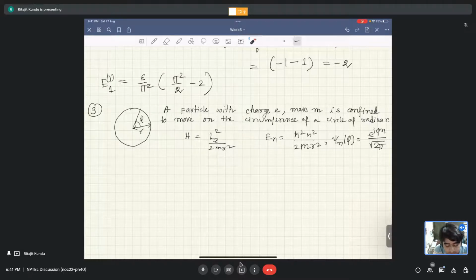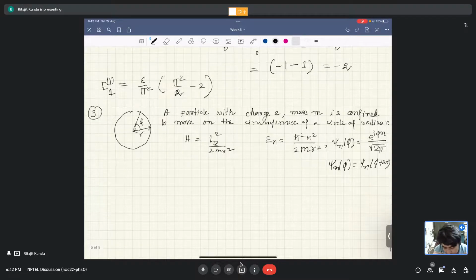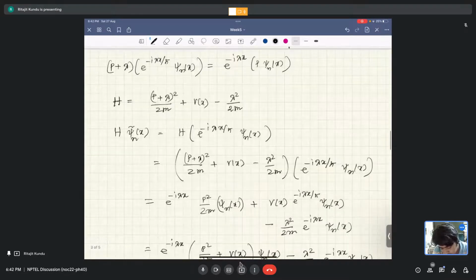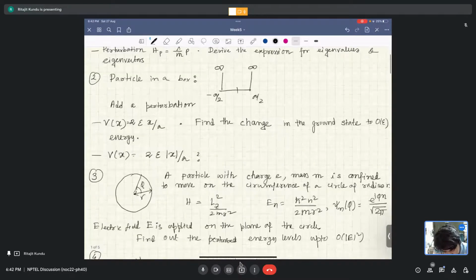So in this case you can study this problem, and you can try to solve it. The solution of this is very easy. You try to plug in a solution like this, and then you will find that this will give you these kinds of energies when you demand that psi n at phi should be the same as psi n at phi plus 2 pi. Okay, so that will give you the quantized energies. Okay, so I forgot to copy the rest of the part. Okay, yeah,